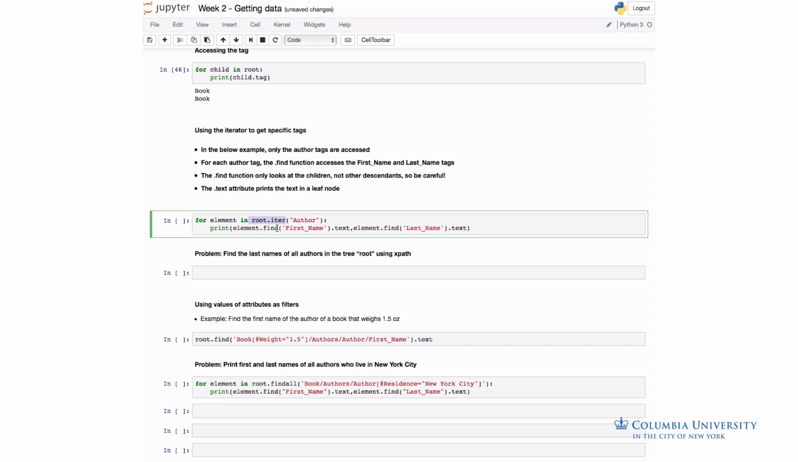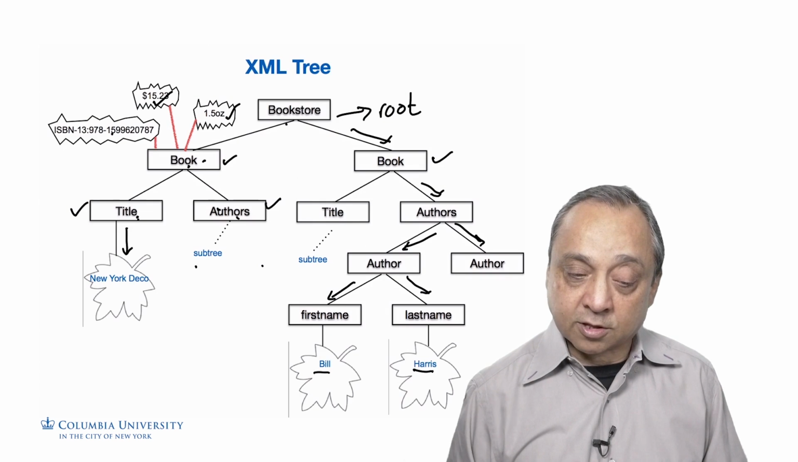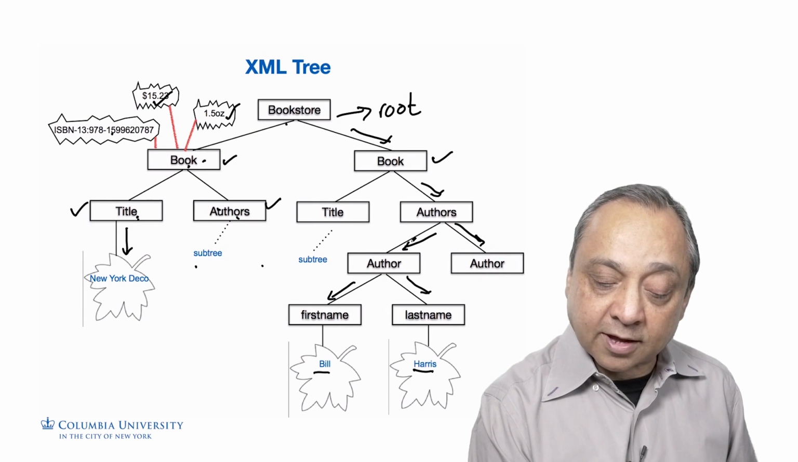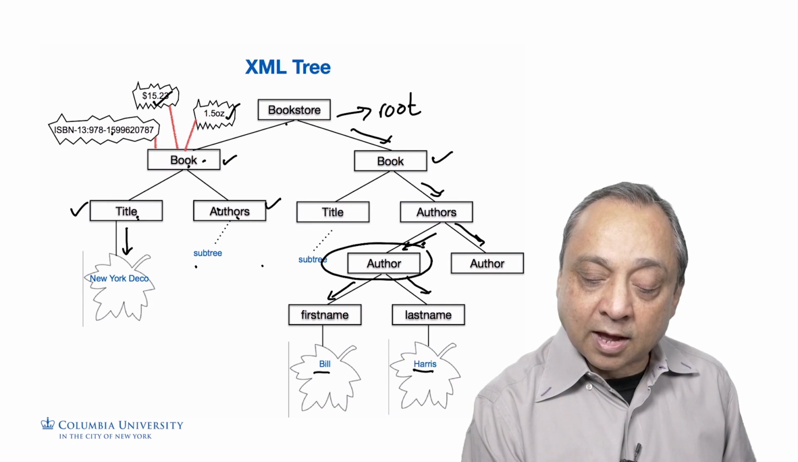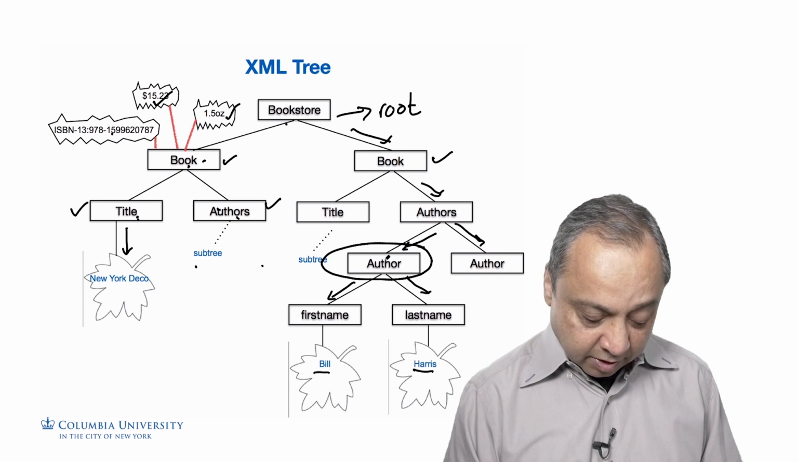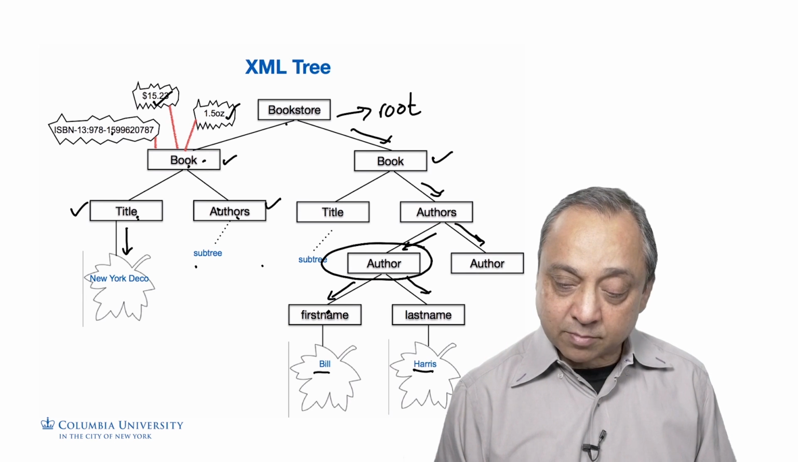So now let's see if we can find the first name and last name of an author given an author tag. So what we're going to do is use our iterator, root.iter. Of course it's going to iterate over the entire tree, but it gives us only the elements that have author as their tag name, okay? Not all the other ones. And for each author, we want to find the first name and last name associated with that author. And remember, these are first name and last name are also